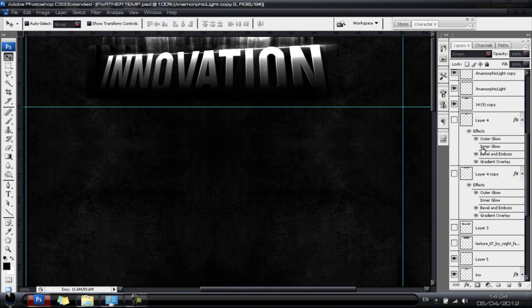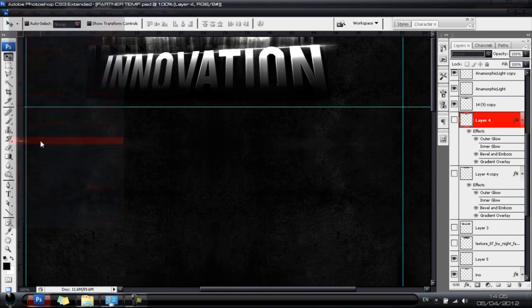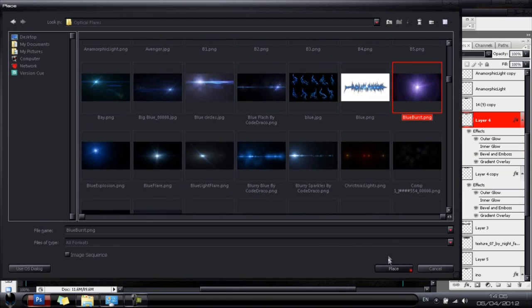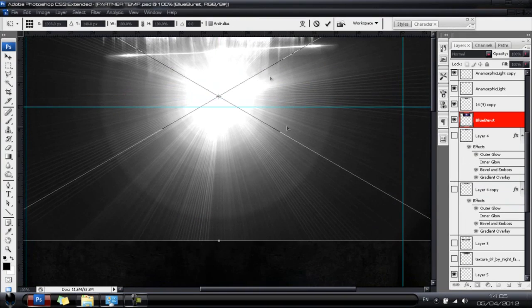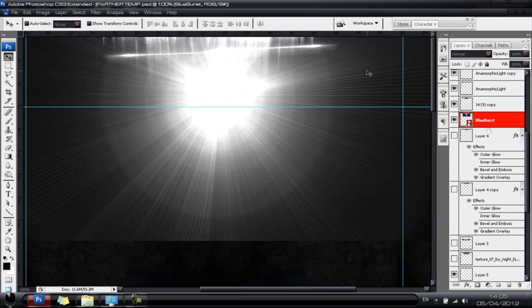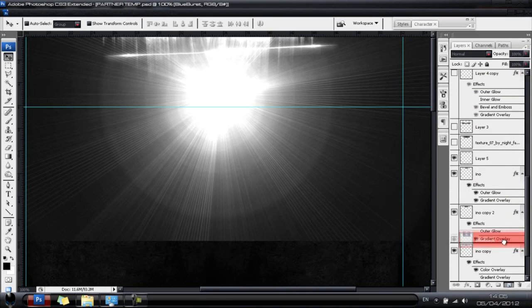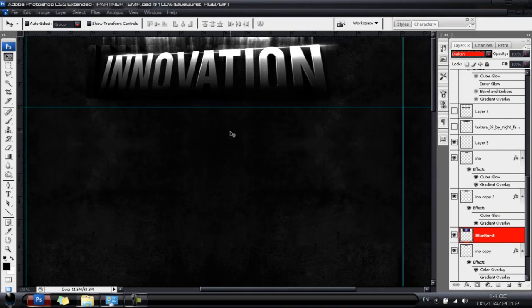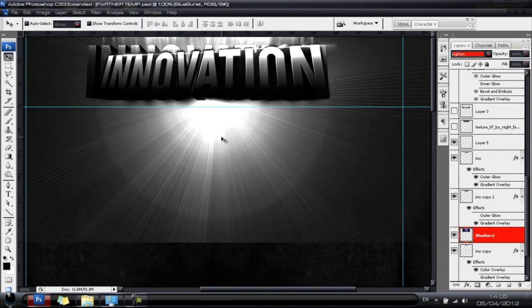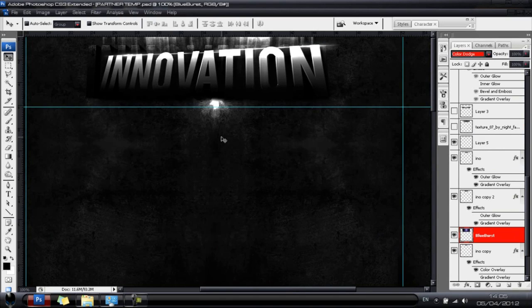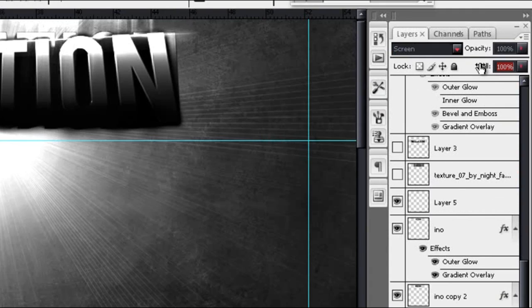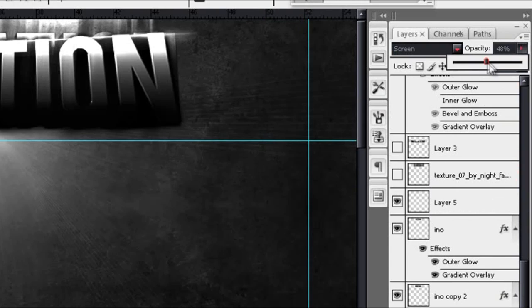But you want another light behind it. So I'm going to go ahead and get a light which I just saw there that I liked. It's down here, that one there. And it has a liney effect in it too. So I'm going to put that behind it. Behind the text, please. Cool. I'm going to flick through my blending options here and see what looks best. Screen most likely will be the best one. There's screen. It's a bit intense, but if I take it down, take the opacity down,